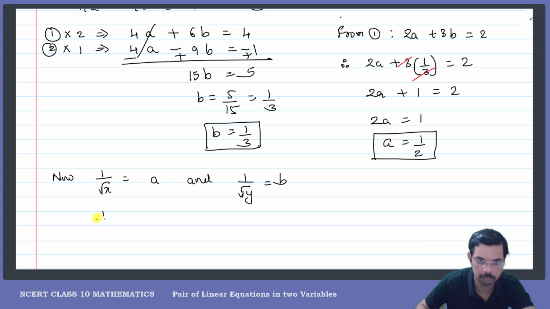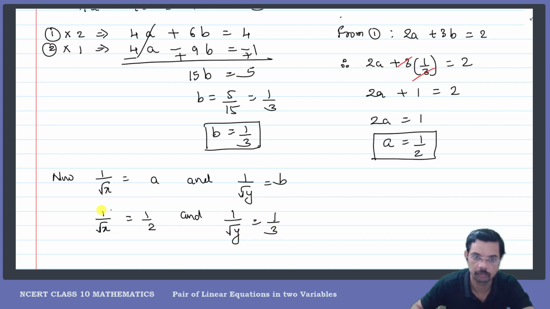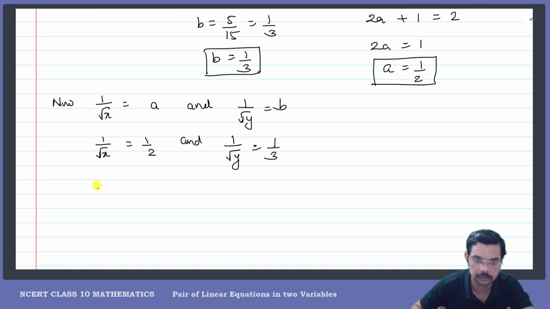So I can say that 1 by root x equal to 1 by 2, and be careful, the second answer is the value of a. And in the same way, 1 by square root of y, what is that, b is 1 by 3, so I am replacing 1 by 3. Both numerators are equal, and the numerators are equal, therefore the denominators should be equal. So therefore x will be equal to